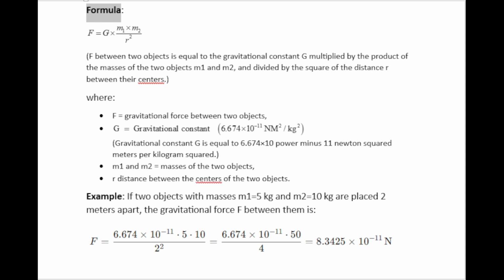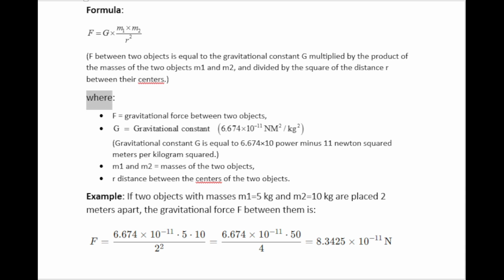Formula: F between two objects is equal to the gravitational constant G multiplied by the product of the masses of the two objects m1 and m2, and divided by the square of the distance r between their centers,